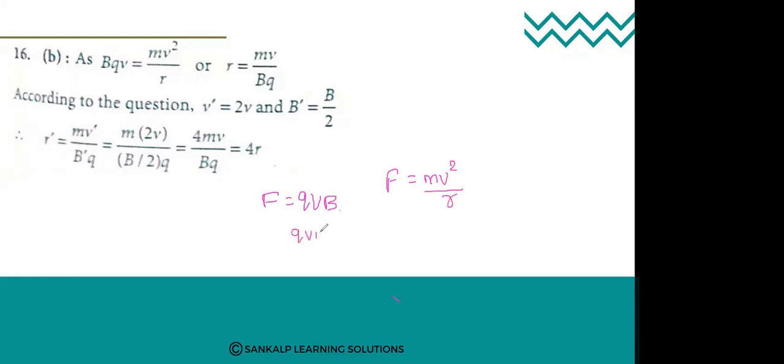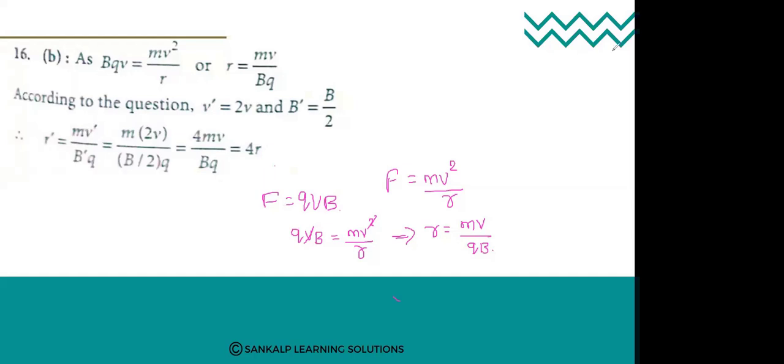So we can equate these two equations, that is QVB is equal to mv square by r. So here V will get cancelled. So we need the radius. Therefore radius is equal to mass into velocity, because only one velocity cancelled, divided by Q into B,